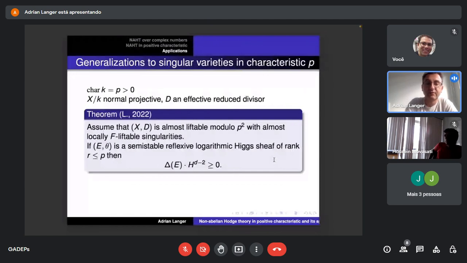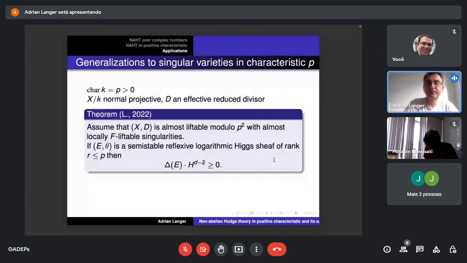And if you assume that the singularities of this pair are also almost locally F-liftable, meaning that they are liftable together with the Frobenius morphism modulo p squared, then in this case, if you have a semistable reflexive logarithmic Higgs sheaf, then the discriminant is still greater or equal than 0. And this implies this result that I just stated,